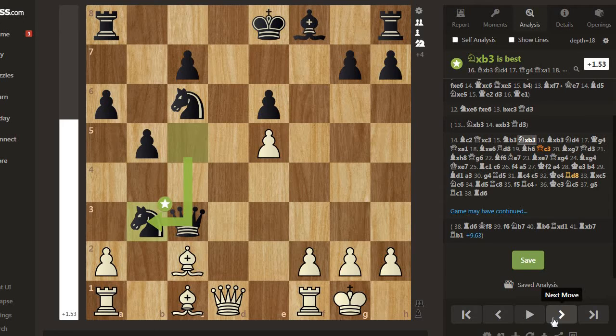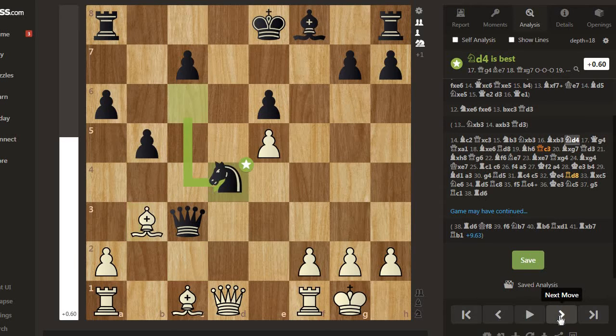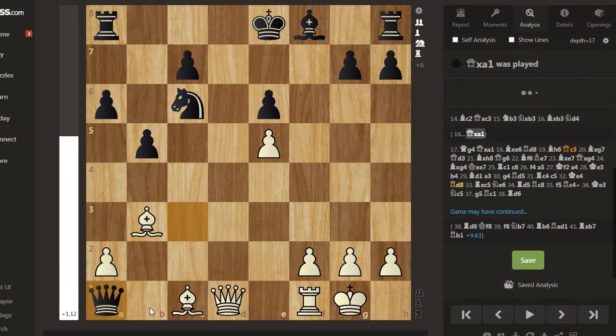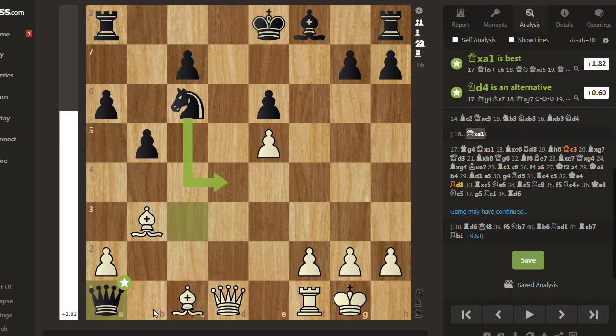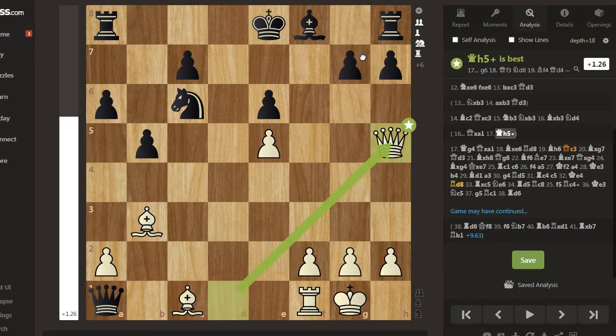bishop takes b3, and now Anand plays knight d4. He defers the acceptance of the sacrifice until the next move. Queen, if at all queen plays, queen takes a1, and then there will be queen h5 check, and after g6, queen f3,